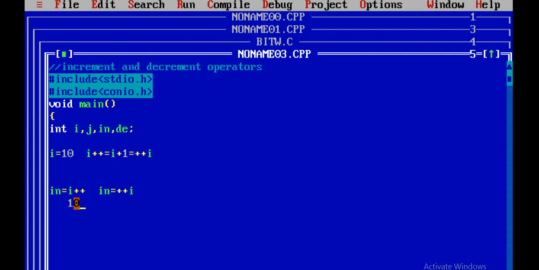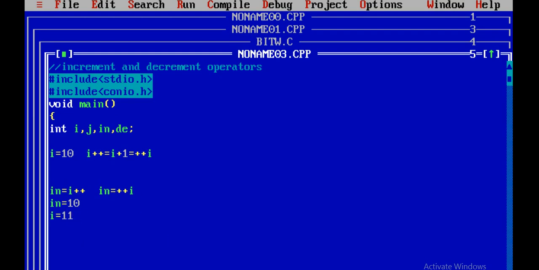Then it will be incremented. That means in contains 10 only. First the value of i is assigned to in, then internally the value of i is increased by 1. In this case in contains 10, and i becomes 11.